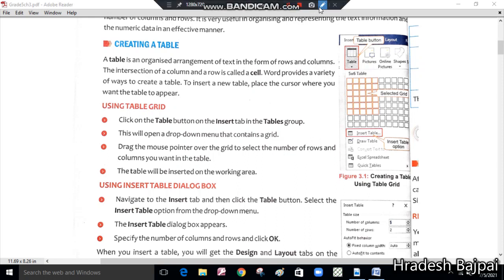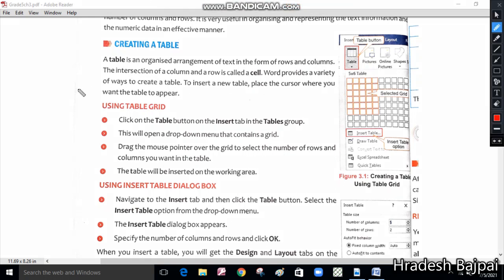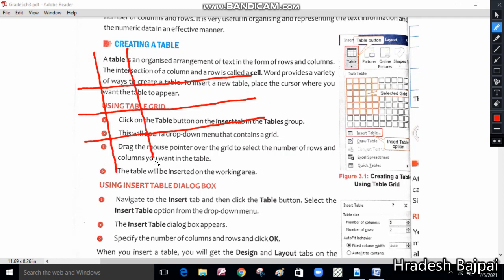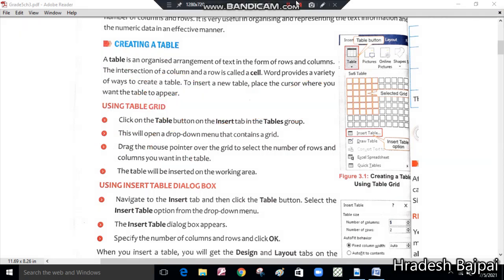First I am telling you, these are all called rows, and these are called columns, a combination of horizontal and vertical lines. And wherever a row and column intersect each other, they form a cell. So this box in a table is called a cell. Basically, a cell is a rectangular or square box which is formed by the intersection of rows and columns.